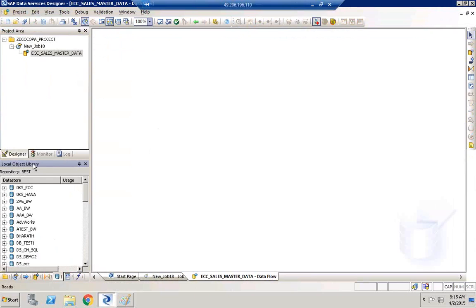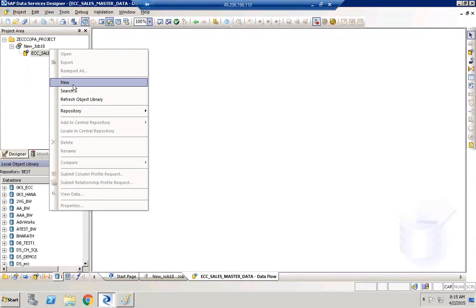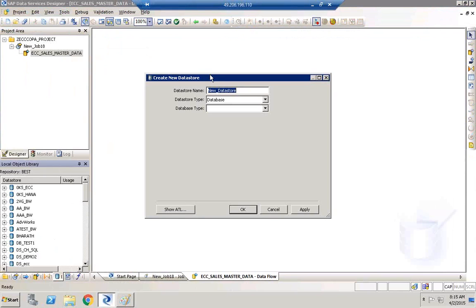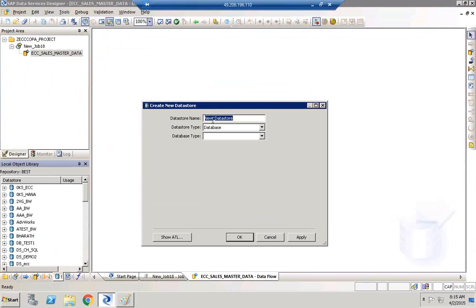Local repositories are also known as local object libraries. Right click on the free space, click new, and provide the data store name. So the data store name is ZECC,